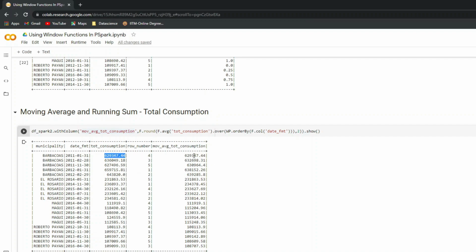So you see the same 629,347. Whereas in my second row, my average is nothing but the sum of these two. Let me select this. Sum of these two values divided by 2. For my third value, sum of these 3 and divided by 3. So that is how this works.